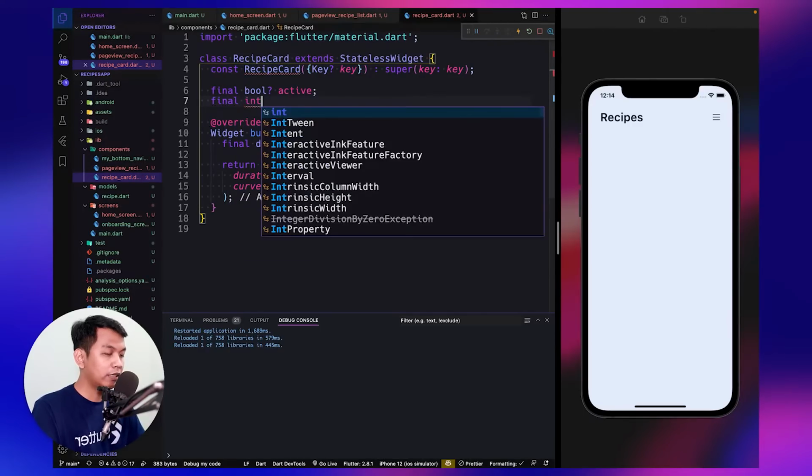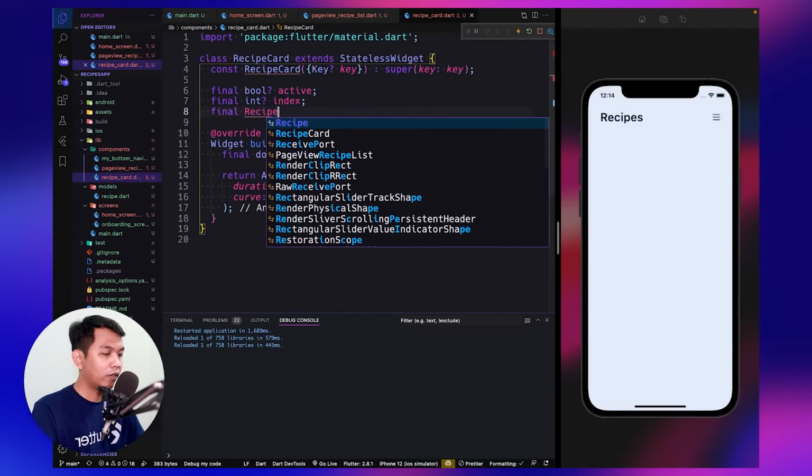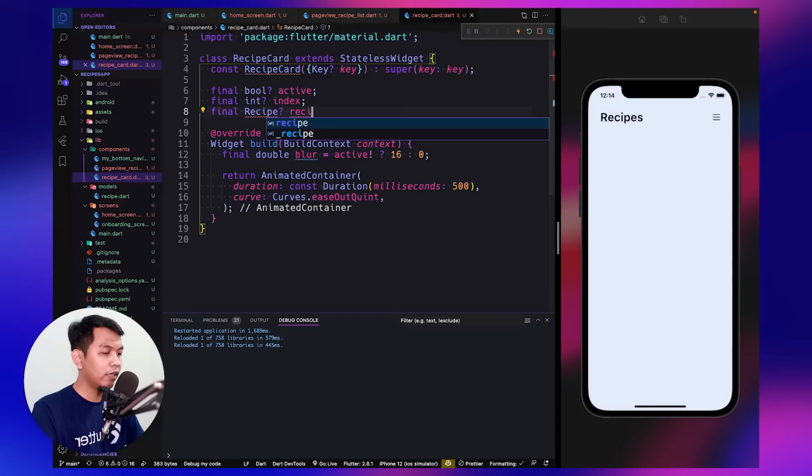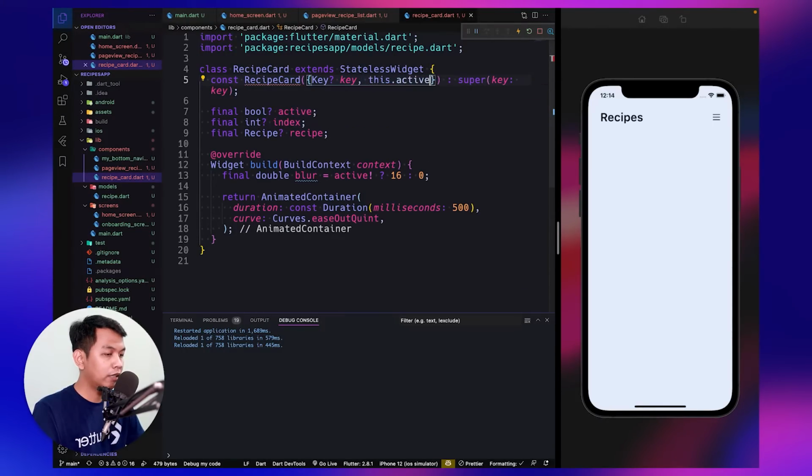And the second one is an integer for our index, and we need to call our model, which is receipt, and we need to import receipt. And it means that now we have to say this is active, and this index, and this for receipt.